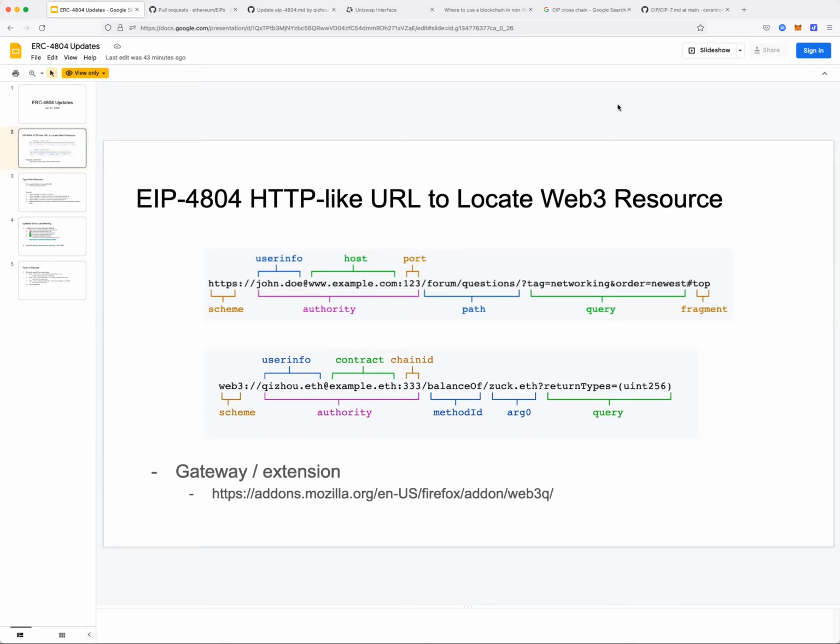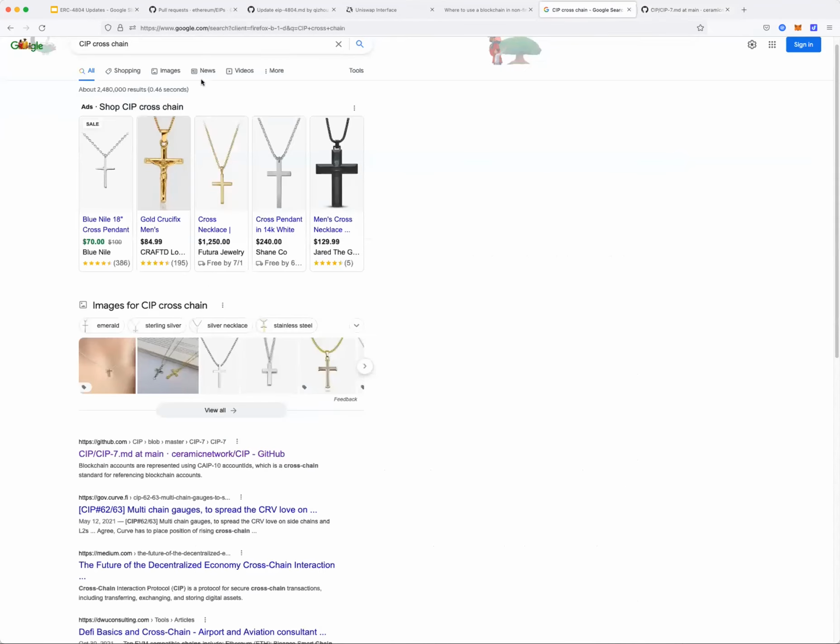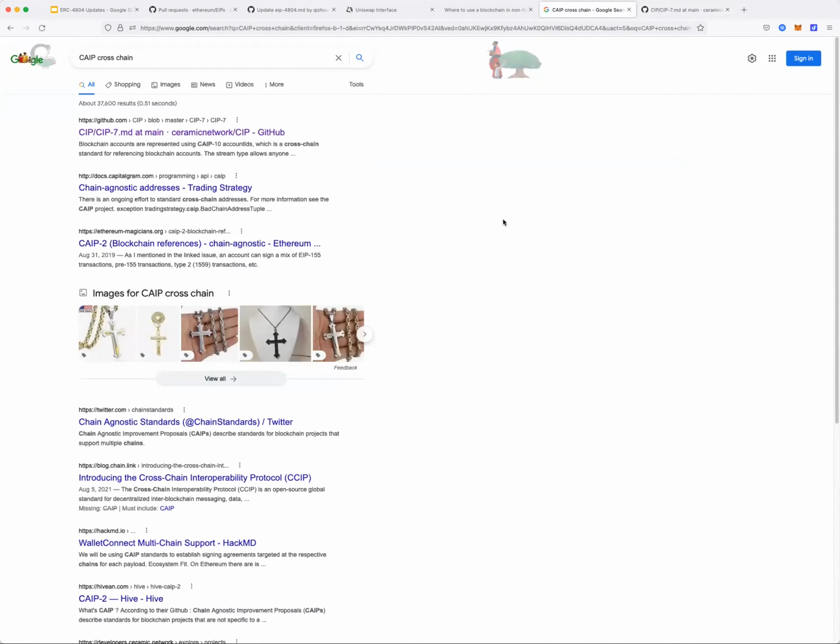Is that correct? Yeah, sorry, they're not CIPs, they're CAIPs. Apologies. I do a lot of work in the bridging space, and these are standards for that stuff, because it's helpful for multi-chain focus.